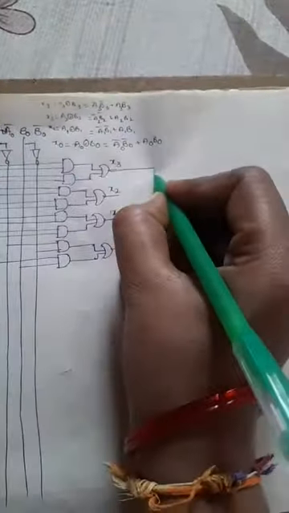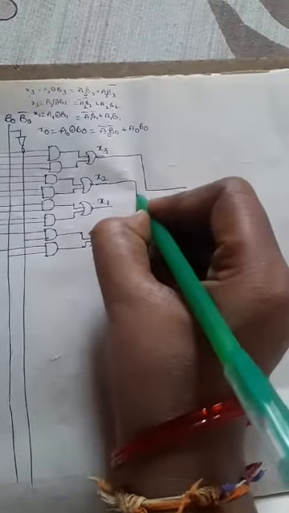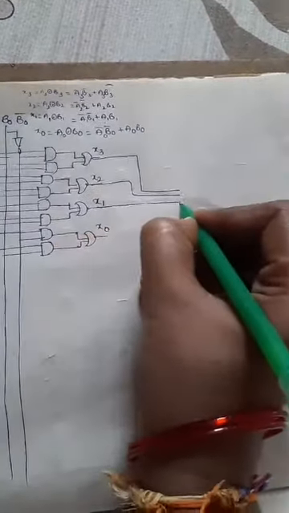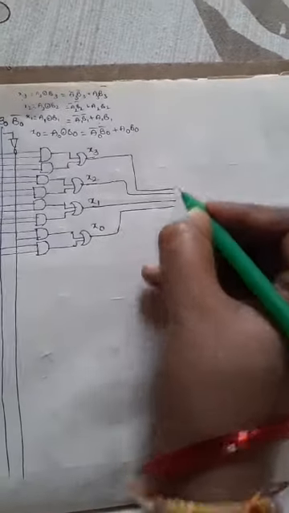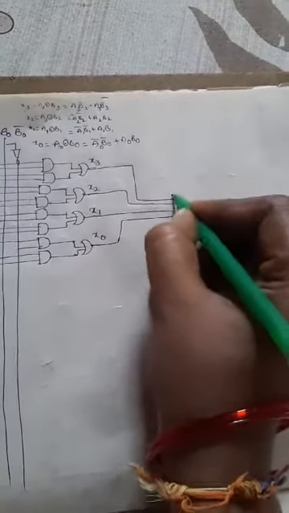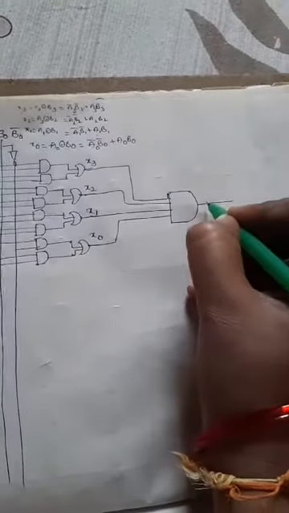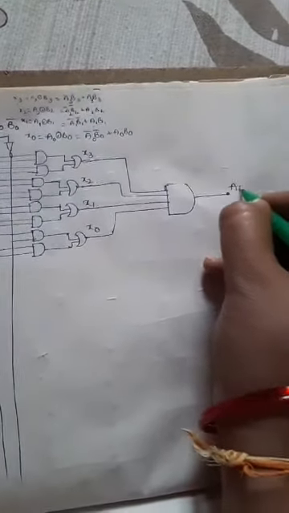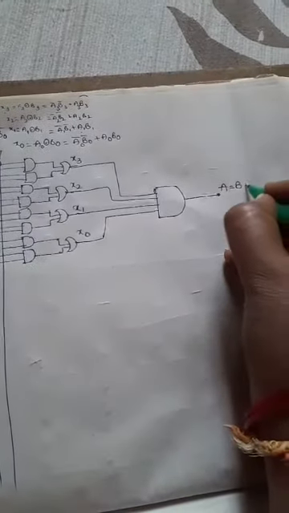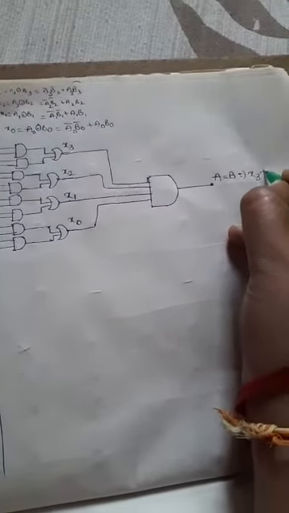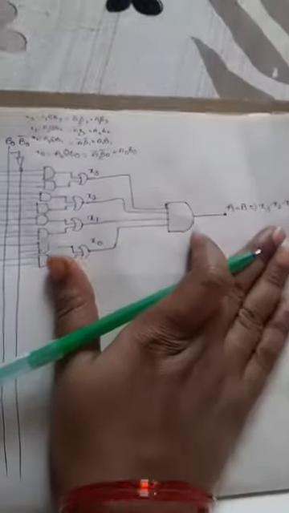And that means here you can define it like this: x3, x2, x1, x0. In between each gate we'll have the dot product, which is defined with an AND gate. So this is called the A equal to B function. What is the output function here? x3 into x2 into x1 into x0. So finally we get one function, the A equal to B output function, is cleared.